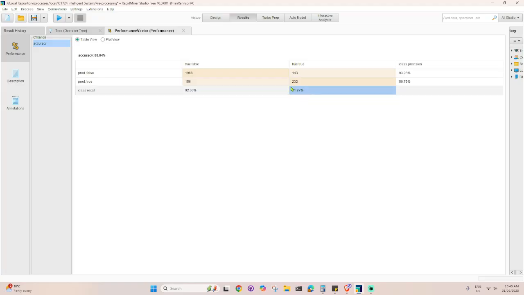So it identifies 61.87% of high risk individuals. A reason for this could be that maybe we don't have enough high risk individual data. That's why it doesn't have a good recall compared to